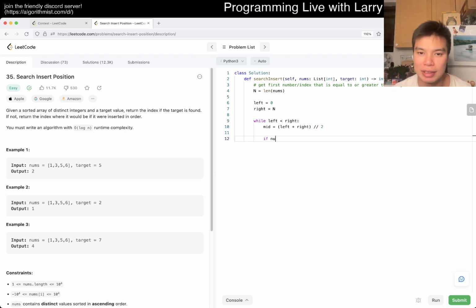So basically, if nums sub mid is greater than or equal to target, what does this mean, right? It means that mid is a possible answer, but we're trying to get a smaller number, right? So that means right is equal to mid, and else left is equal to mid plus 1, probably, right? Because we're trying to get smaller or bigger, but then it is too small. So yeah, and then now we just have to